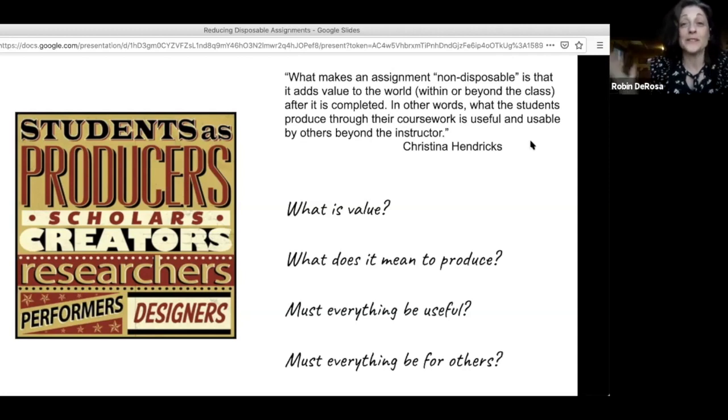The question of what's valuable is not something that we are all going to agree on across disciplines and ideologies. We've had this wonderful thing, I think someone was talking about it earlier in the chat, about utility, right? Is there value to uselessness? Is there value, I think Abby or somebody was asking about wandering. Liz, I know, has asked several times when we talk about non-disposable assignments, like, do I have to always make everything for the public, Robin? You know, and the answer, of course, is